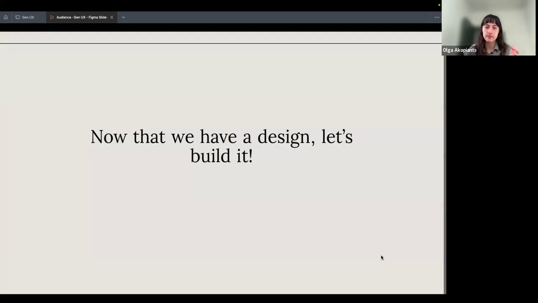So we have a design, let's build it. I will say that because I am a product designer and I work in software that already has established design patterns that AI is just not capturing, right? Like the company that I work at uses an edit pencil to edit data tables. That's something that the AI doesn't know, and I wouldn't say it's good at knowing that context. But if I'm building stuff more for a startup or other web apps that are personal projects,